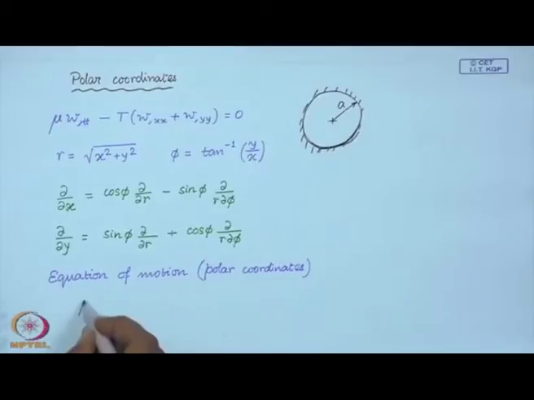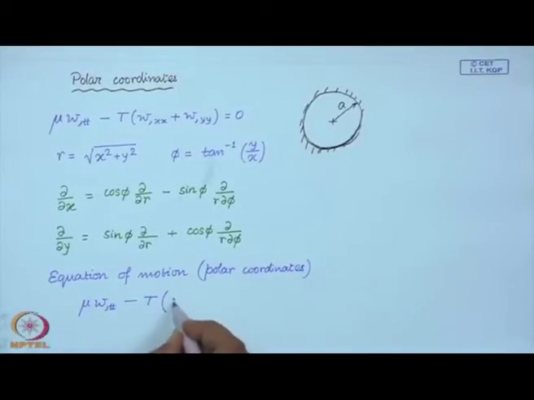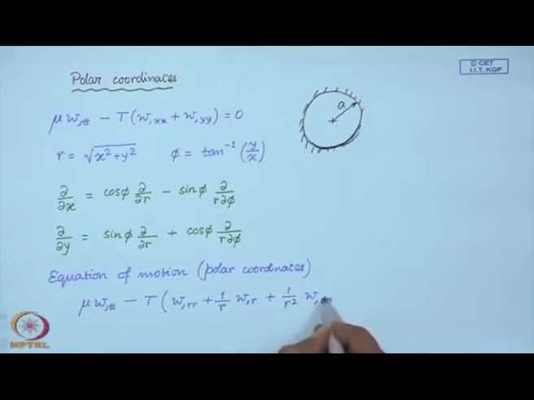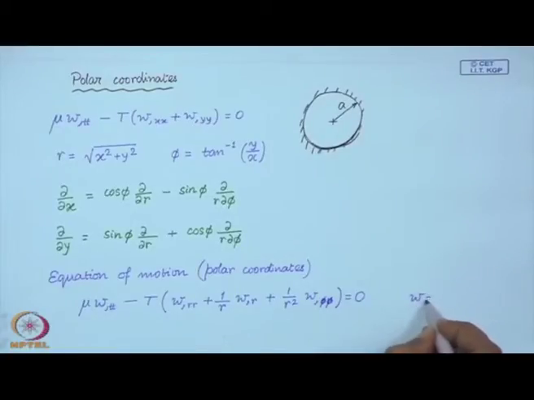So, this is obtained as, where now W, the field variable, is a function of r, phi and t,